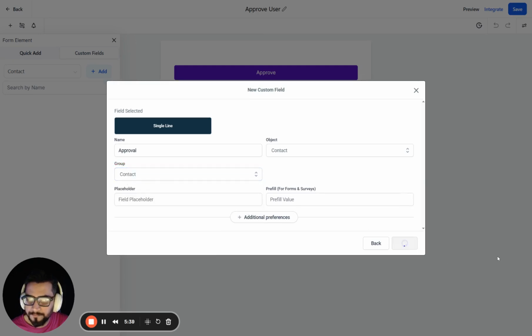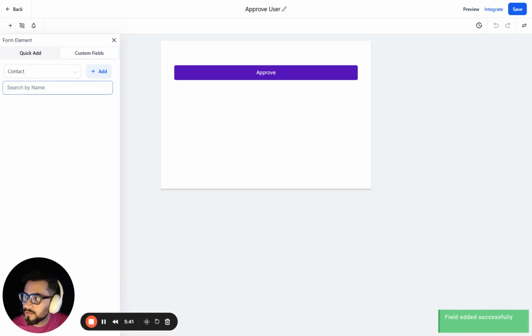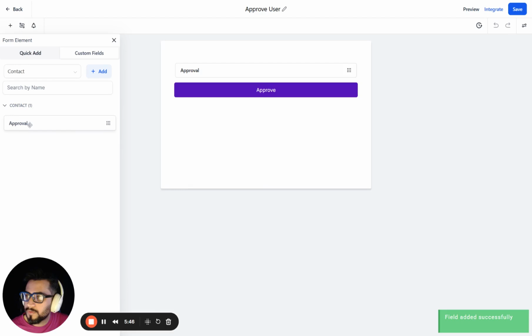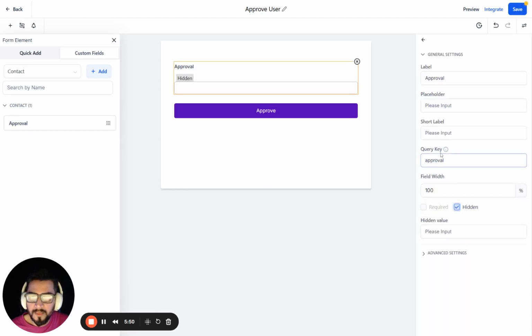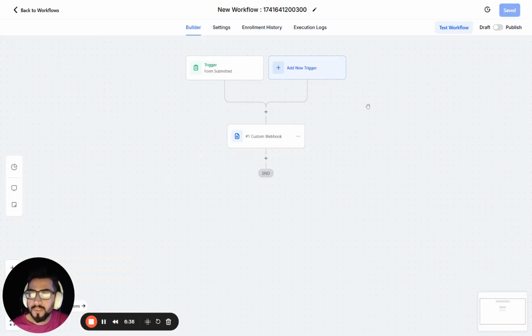I always miss that. Okay, there we go. And you can hide this one. Okay, you need to copy this part. This is important. We'll copy this, and we'll also copy the URL preview. Once you have copied the URL of the form as well as the query key of that field,